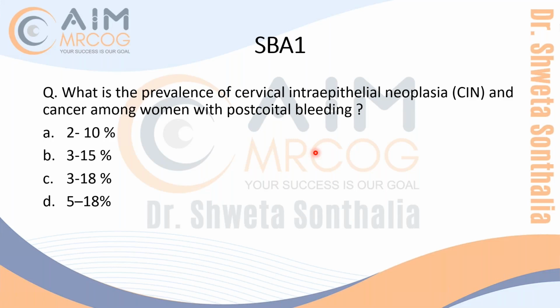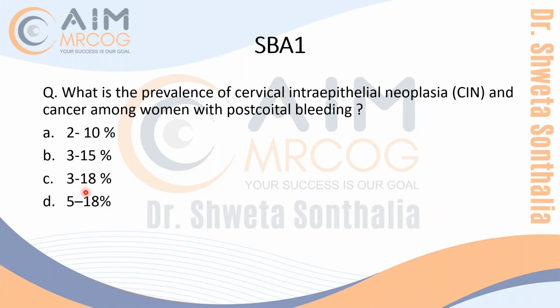Yes, though as I told you, every percentage remembering is difficult. But why I put this question? Because whenever you get a patient with postcoital bleeding, what comes in your mind first is cancer, right? You want to rule out cancer. Postcoital bleeding is a contact bleeding. So you want to rule out cancer, CIN and cancer. So you should have a rough idea how much it is related with CIN and cancer, so that whenever you are counseling your patient, you will tell them postcoital bleeding is not always the cancer. Please be clear about this. And this is the percentage. This is the risk. Very good, Yasmin. I'm really happy that you could remember it.